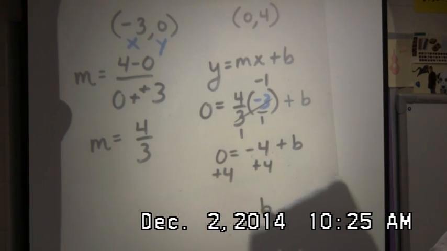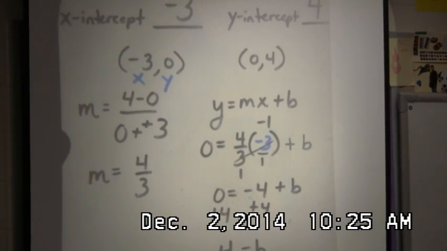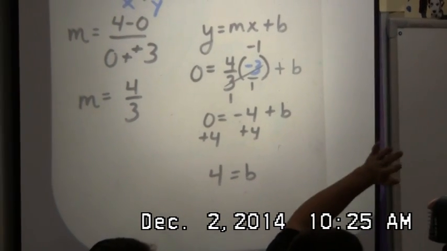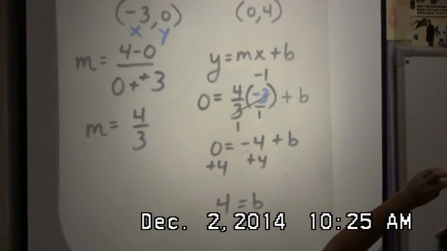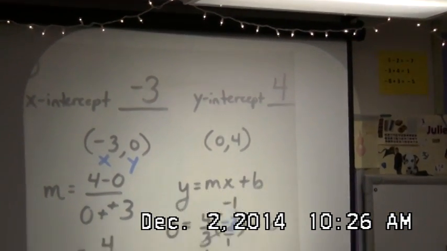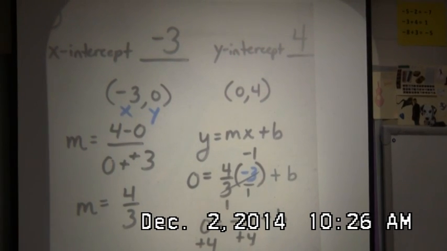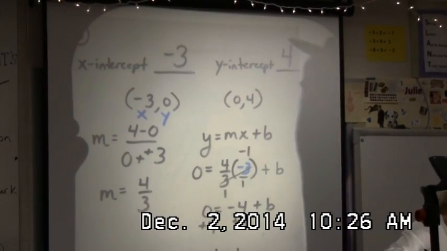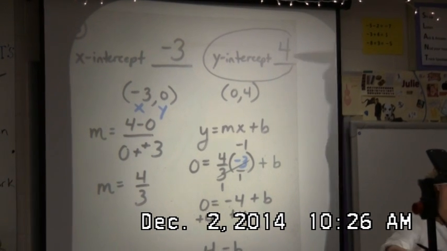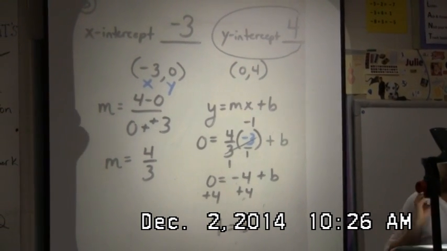B equals 4. Did anybody know that B was going to be equal to 4? Yes. How do you know? Y-intercept. Because it's the y-intercept. B stands for y-intercept. Did I give you the y-intercept? Yes, absolutely. It was right up here. So you can continue to solve for B or grab it right from up there. I need a final